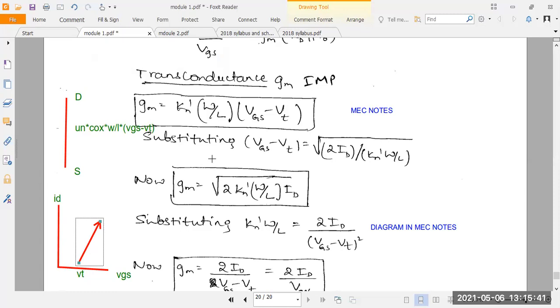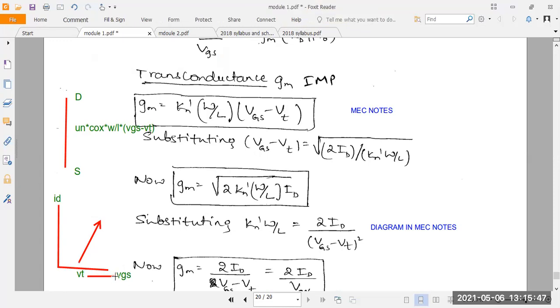The question is what here? We want to take the difference of input voltage and threshold voltage from here to here. At this point, current is flowing. With the difference in threshold voltage and input voltage, current starts going from minimum to maximum. In this condition, we take the square root of 2 times output current divided by Kn' W/L ratio, which means output current is directly proportional to the width of the channel, length of the channel, and mobility of the charge carriers. That is the meaning of this equation. Understood? That's why the square root is written here: square root of 2 ID divided by Kn' W/L ratio.